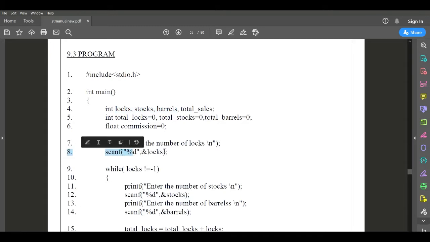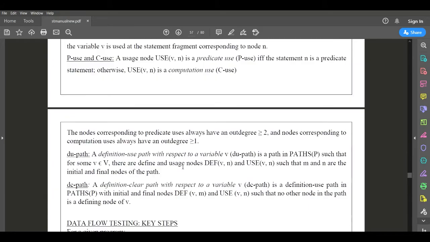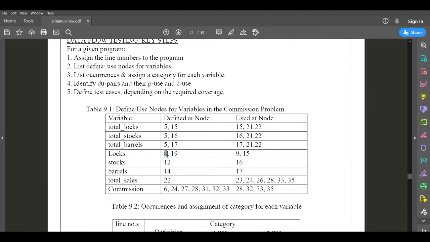In the scanf statement we are initializing some value for log, so line number 8 is the defined node of the log variable. Here log is initialized with some value. Where am I using this value? Here itself, I am using this value. Means 8 is the defined node and 9 is the usage node, correct?